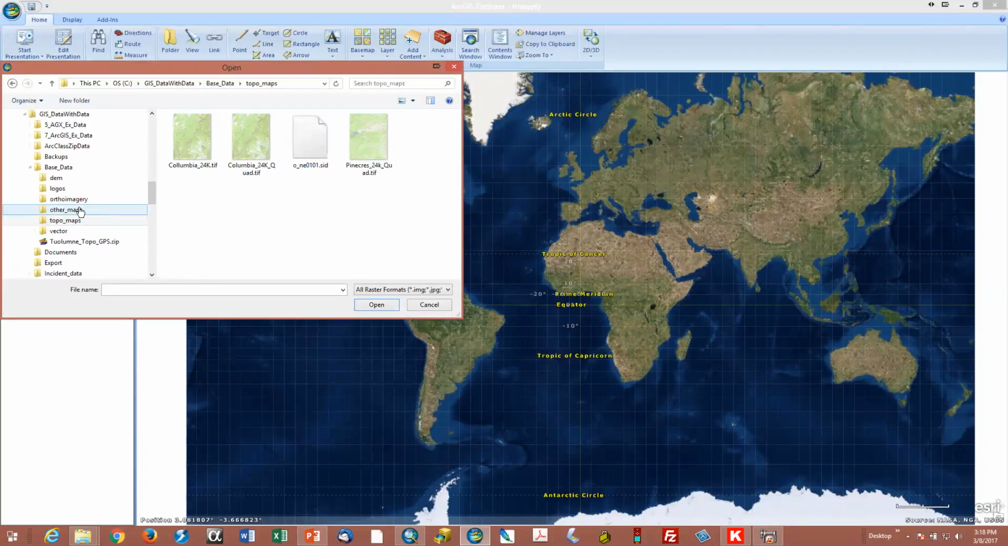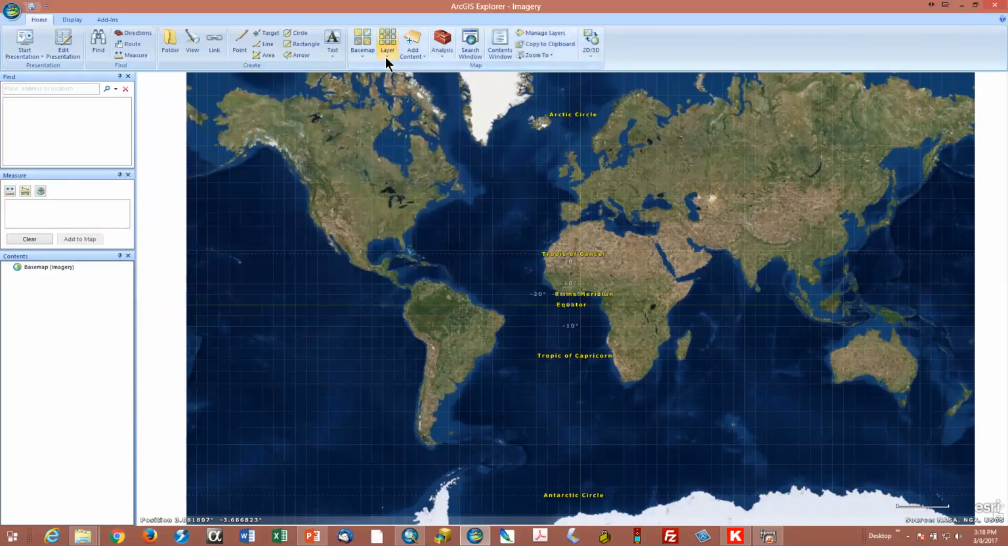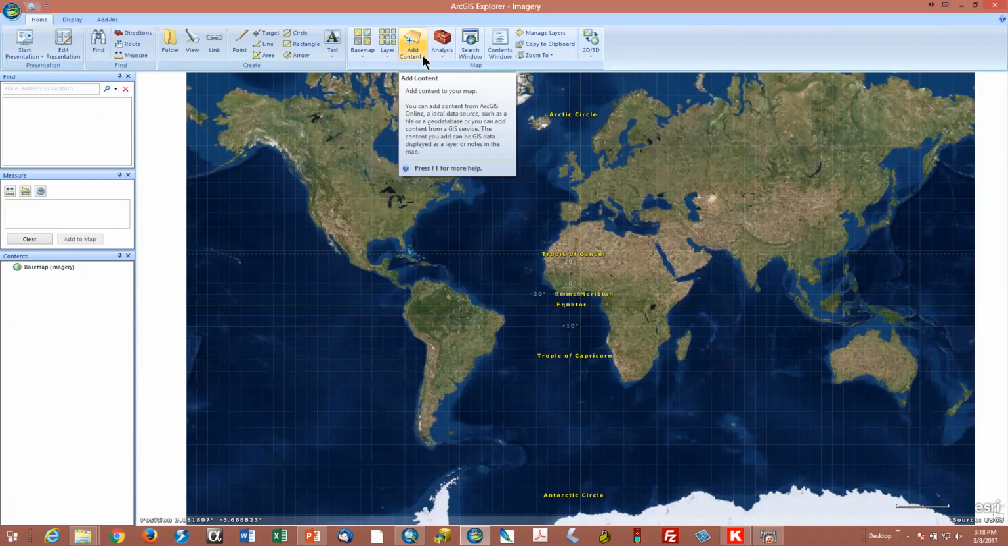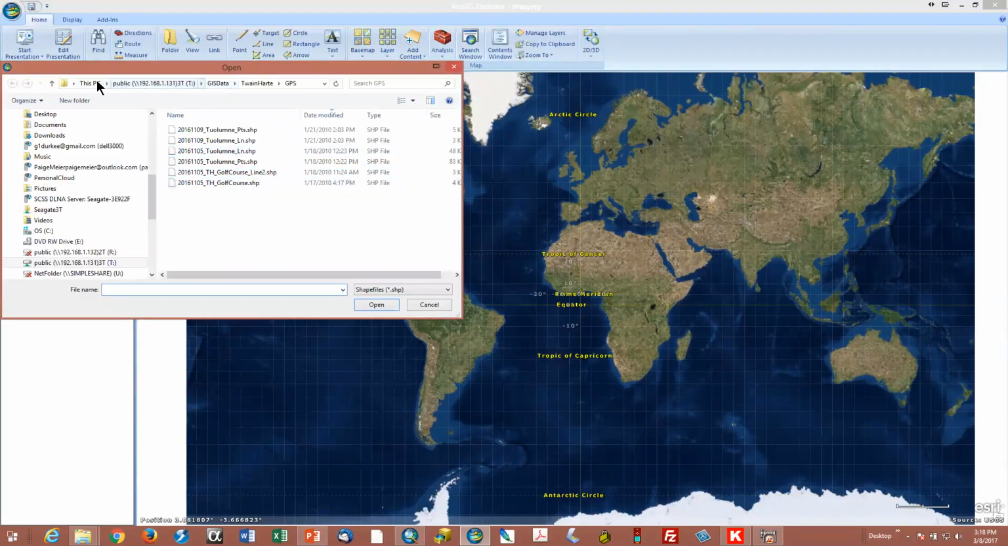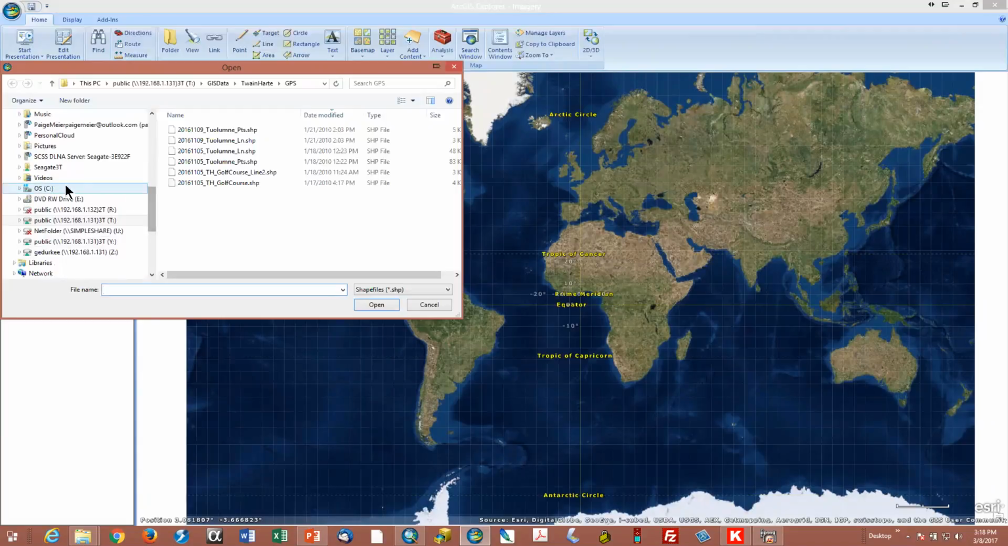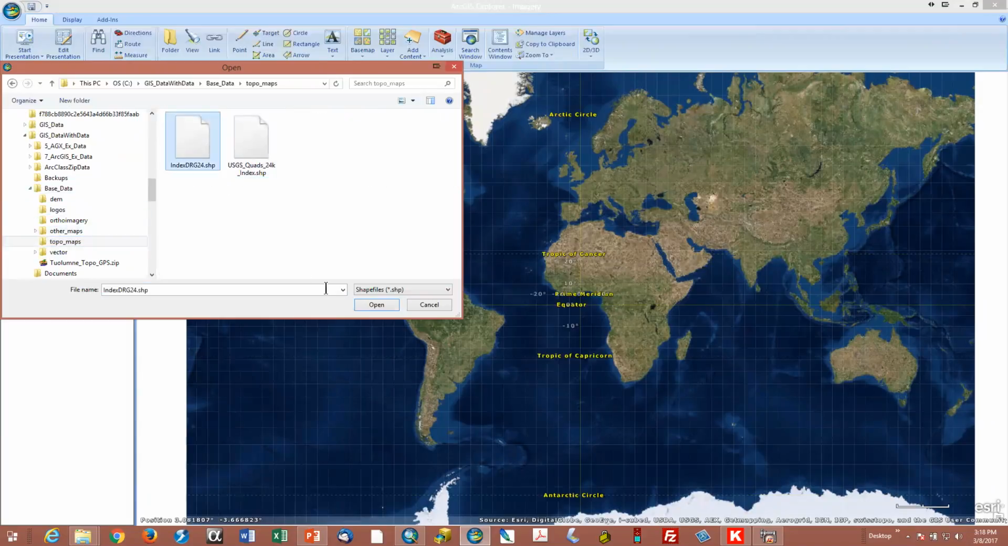The index is not there. Oh, I have made a mistake. I know that's hard to believe, but the index is a shape, because it's a polygon, so it's not a raster file. So let's do that again. We go to shapefile, and then we go to C. If I could find C here. GIS data, base data, topo maps, and we're saved. There is index. And we open,